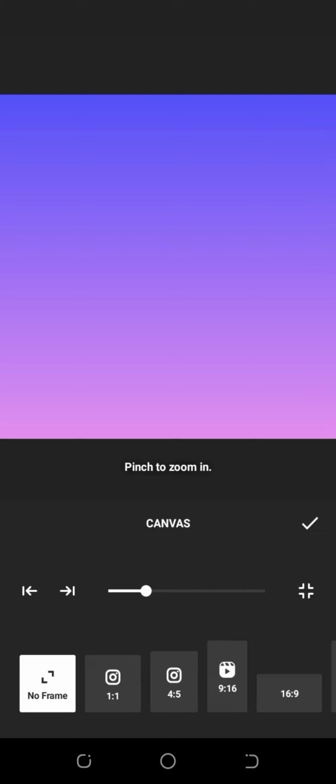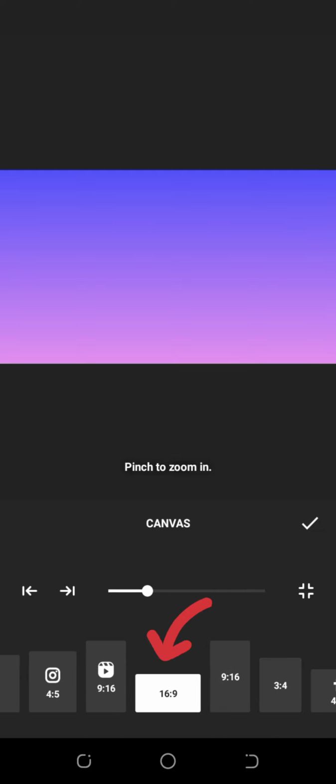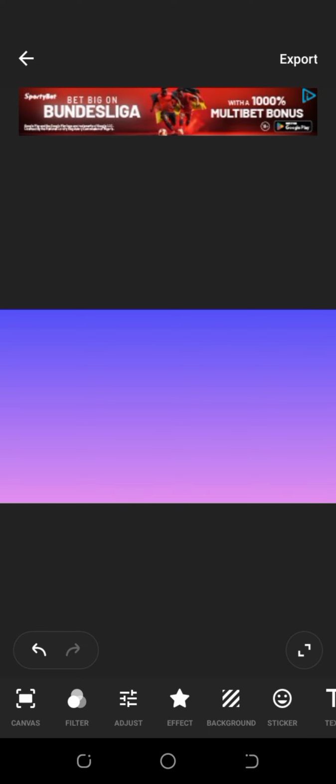To canvas, click on 16:9, which is the YouTube standard. Then you drag to fill up the space. Okay, on sticker for you to bring the photo that you want to use as the photo for